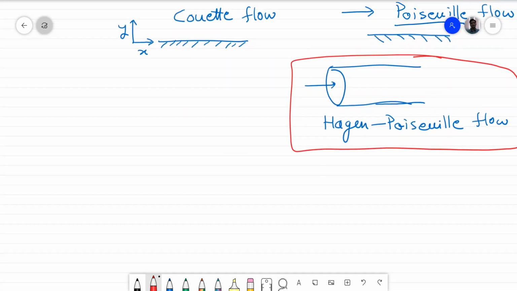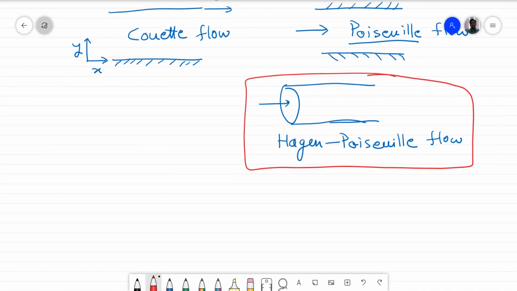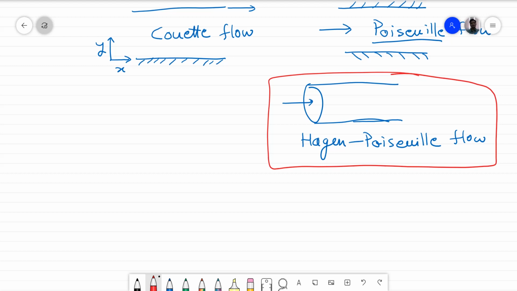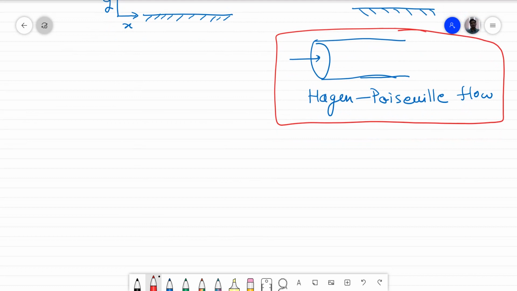All right. Now, as you can see, this is a three-dimensional problem now, but what we can do is assume a few things and convert it to a two-dimensional problem. Some of you can imagine what we will be doing here. We will make use of symmetry here. We will say that the flow is symmetric about the center line if the pipe cross section is circular, and that the flow velocity in this azimuthal direction is 0 and there are no changes in that direction.